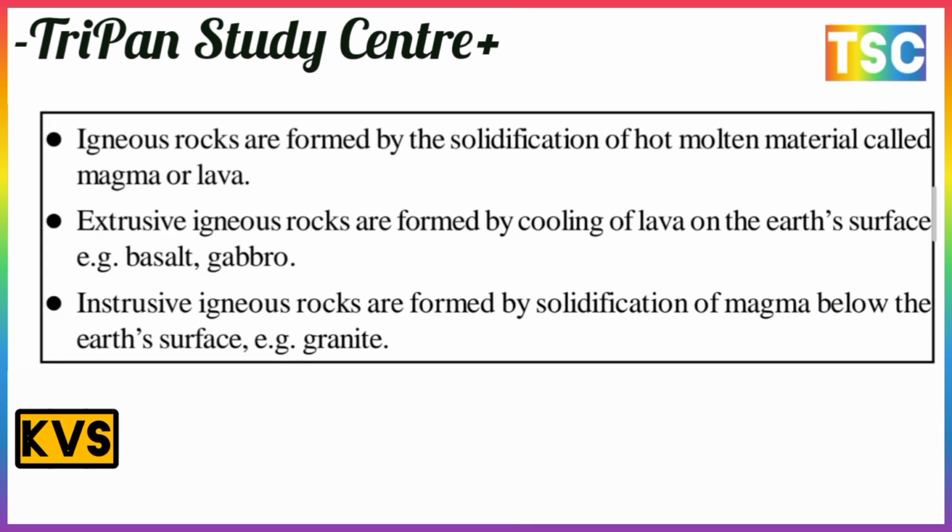Igneous rocks are formed by the solidification of the hot molten materials called magma or lava. There is a most important point here in the box. Extrusive igneous rocks are formed by cooling of lava on the earth's surface, such as basalt and gabbro. And next, intrusive igneous rocks are formed by solidification of magma below the earth's surface, such as